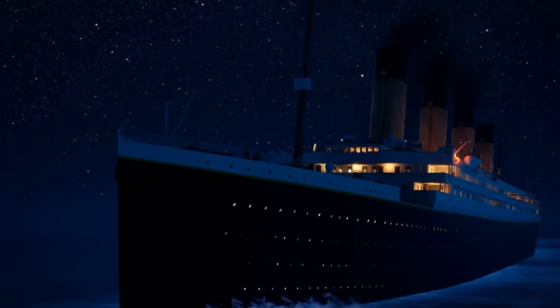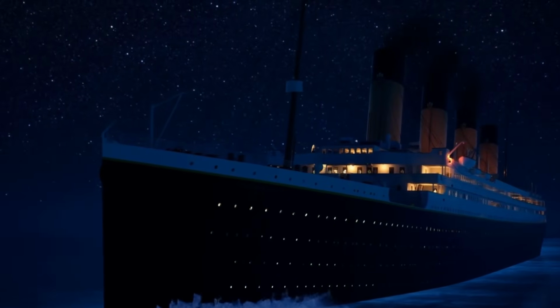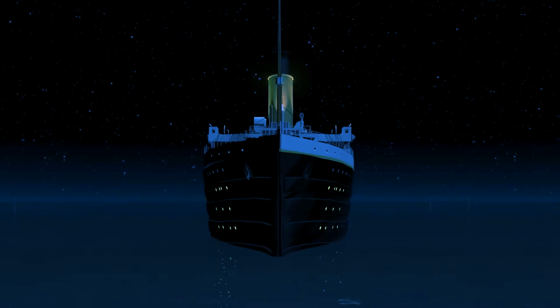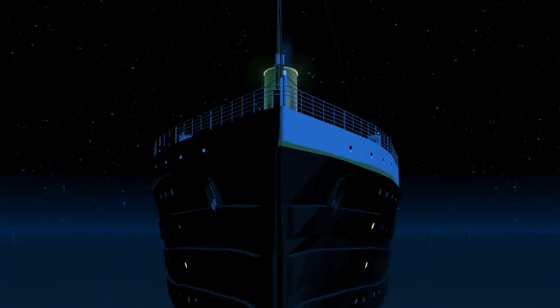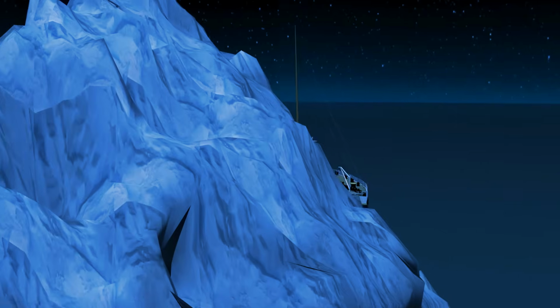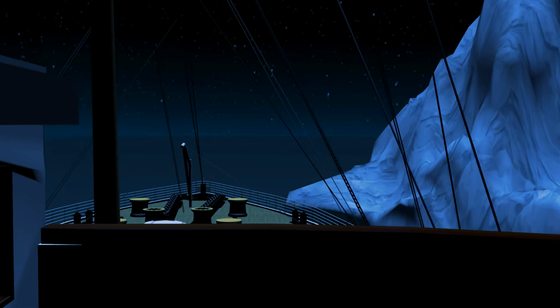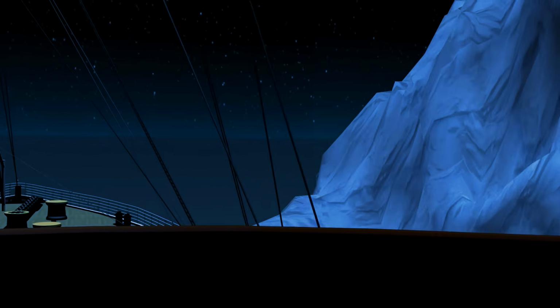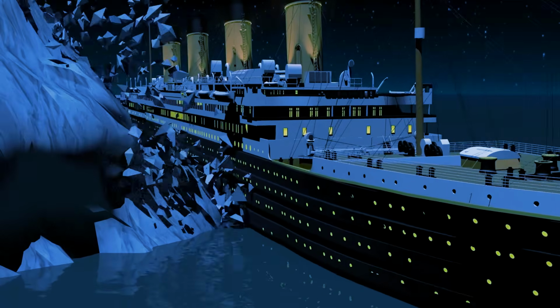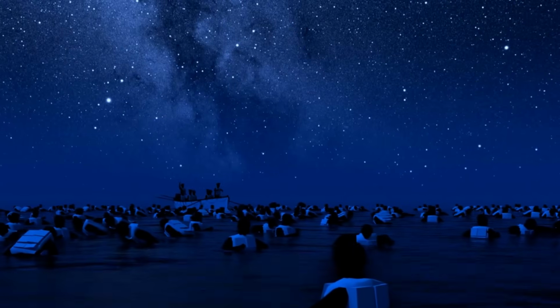On the night of April 14, 1912, the RMS Titanic, the most advanced and technologically sophisticated feat of naval engineering of its time, was cutting through the icy waters of the North Atlantic on its way to New York, when it violently collided with a massive iceberg. With more than 2,200 people on board, including passengers and crew, the tragic sinking of the Titanic ultimately caused the